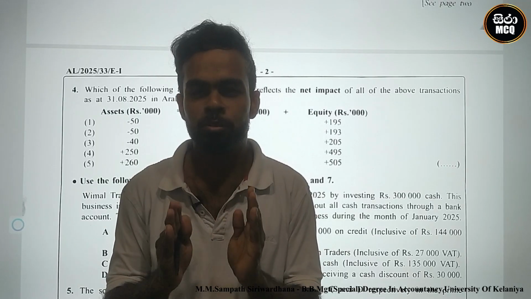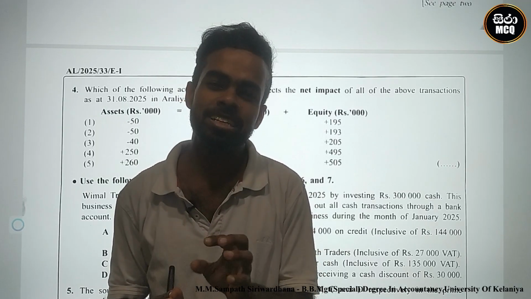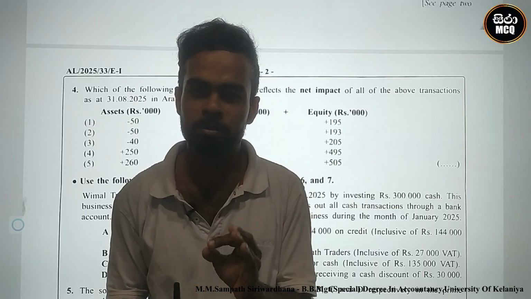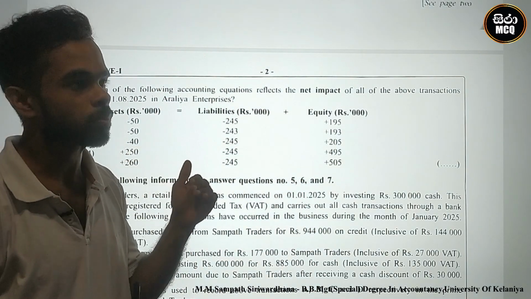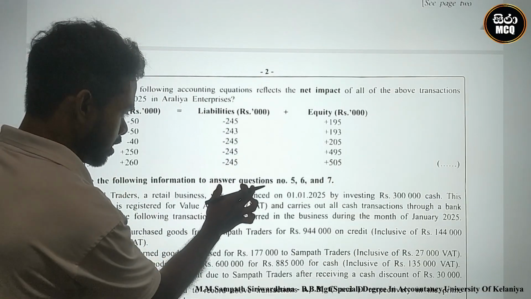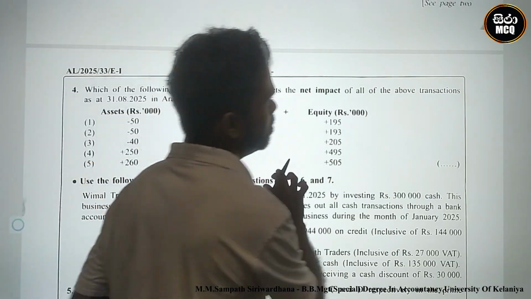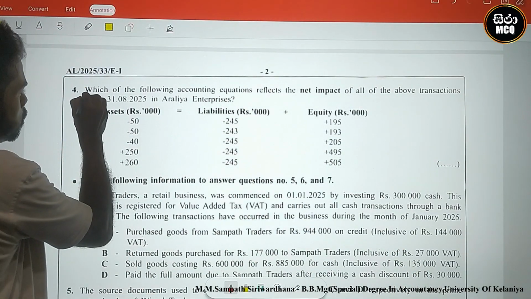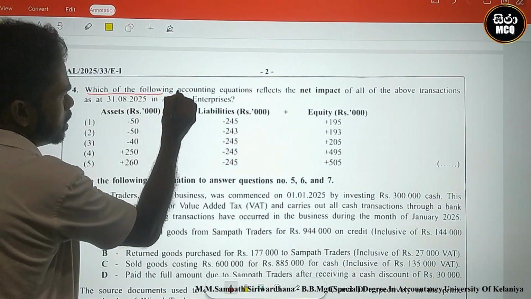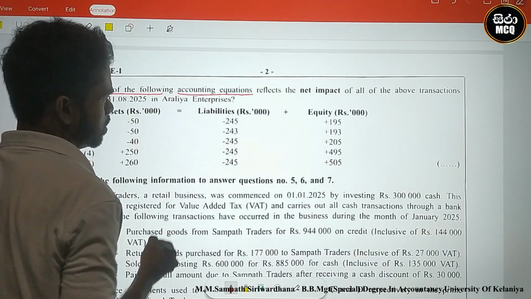Today we discuss the 2025 Advanced Level A-Level Accounting paper. Question number 4. This is related to previous information. Look here. What is the requirement? Which of the following accounting equations